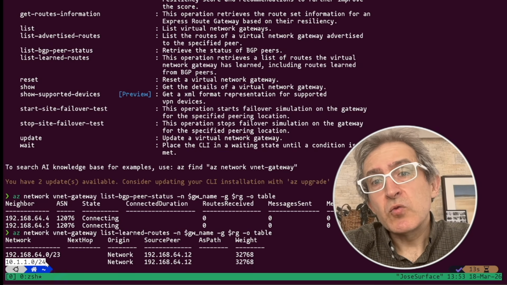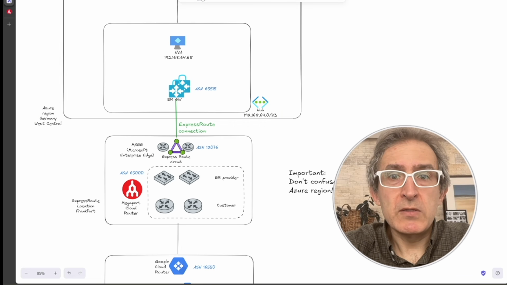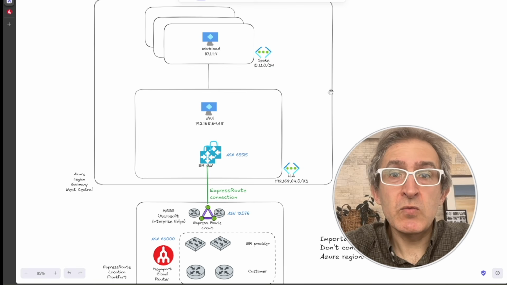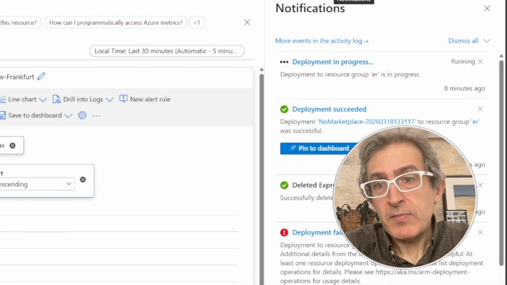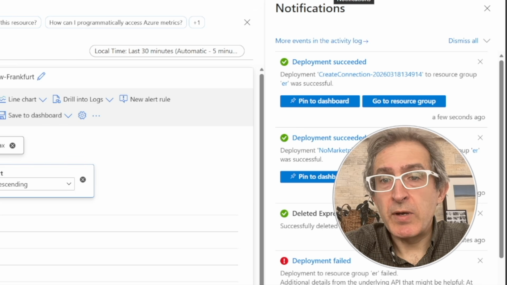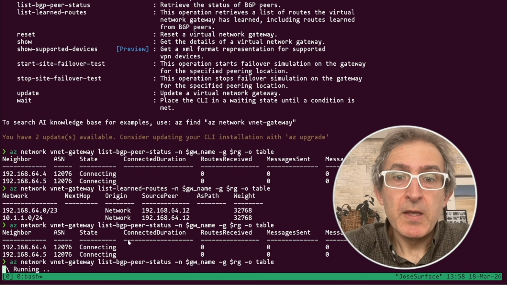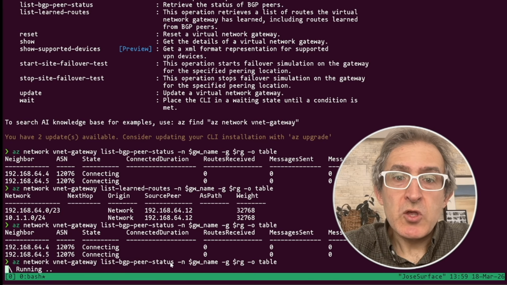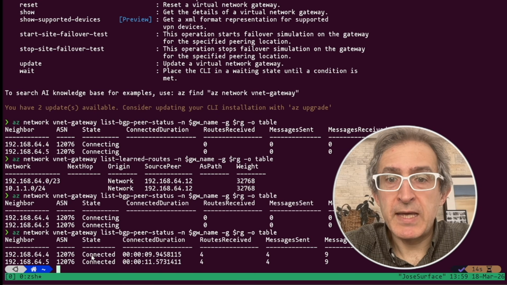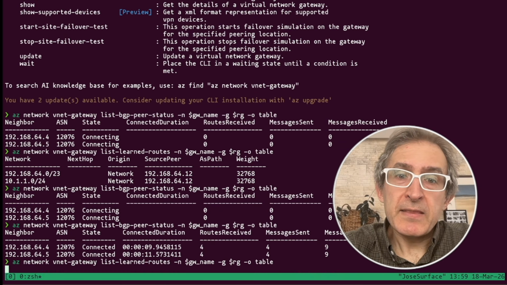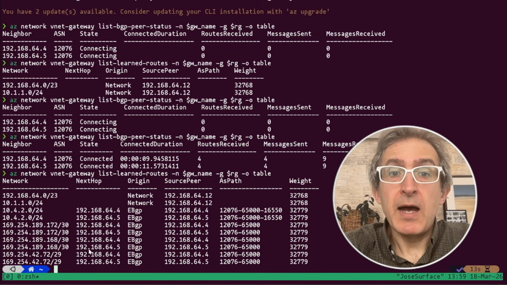You could equate these to the connected routes in a router. When you have no routing protocol, the only routes it knows are the ones directly connected to it, in this case, the spoke and the hub VNet. If we go back to the portal, we see the connection is now completed. So let's reissue the commands. Now the BGP neighbors will show them as connected, and you can see as well the time over which they have been connected. If we inspect their learned routes, we will also see additional routes coming in from BGP, and most specifically the